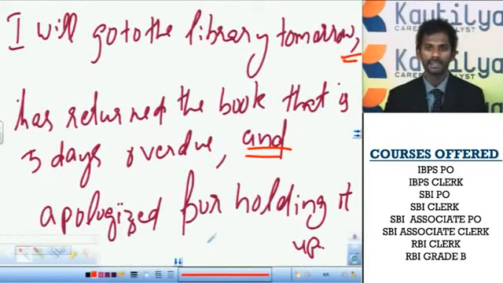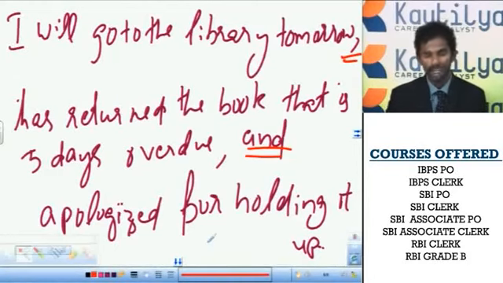It can never be like this, that one idea is a single word and the other idea is a clause, or one idea is a clause and the other idea is a single word. It can never happen that way. If one idea is a single word, all the others must also be single words. Similarly, if one idea is a clause, all the others must also be clauses. Clear? So in this sentence, we don't require the concepts of gerund and infinitive because there's no gerund here, there's